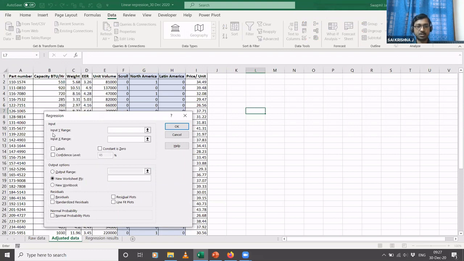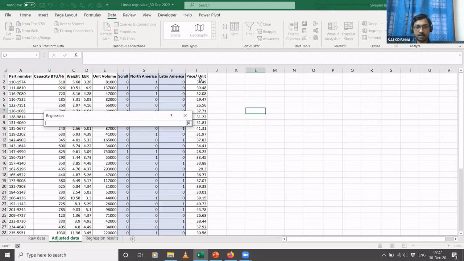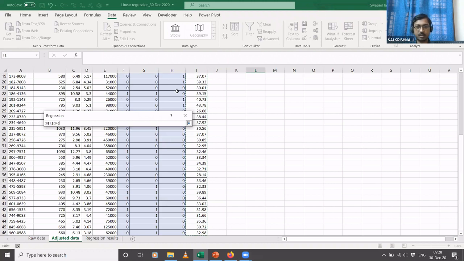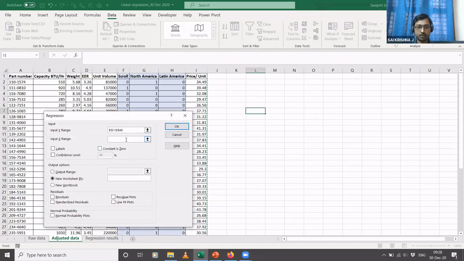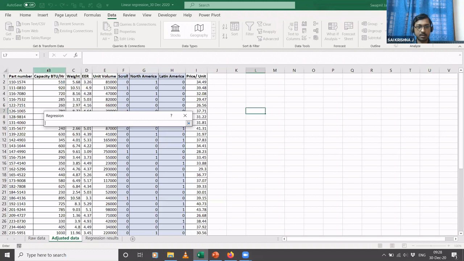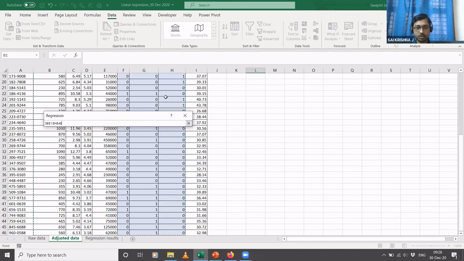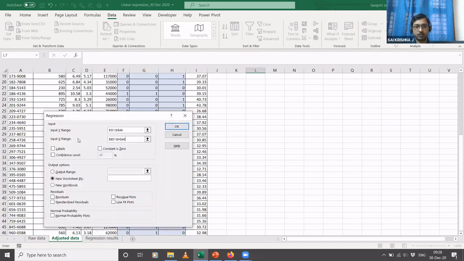So first one it's asking for is input y range. So y is the dependent variable or the target variable. So just click this arrow icon over here, and price per unit is our target variable. So that will be considered as the y. So I'm just selecting that cell range of I1 to I46, which is like my entire data frame. And then you have the input x range. X is the set of predictor variables or the independent variables. So I'll just click on this arrow mark over here, and the column B to the column H are the predictor variables. So we'll just specify this range for X, and then you have a checkbox that says labels.